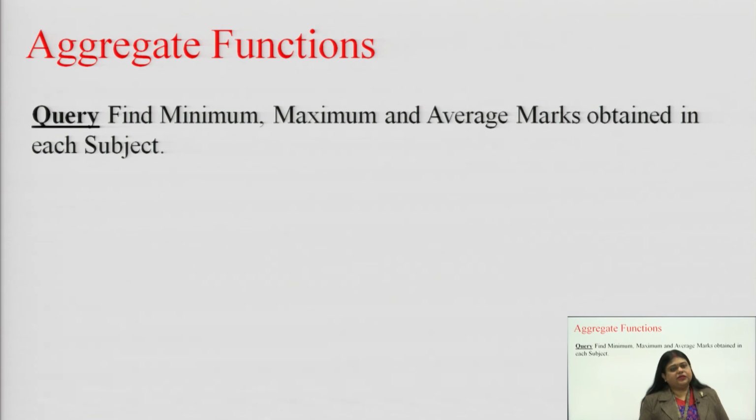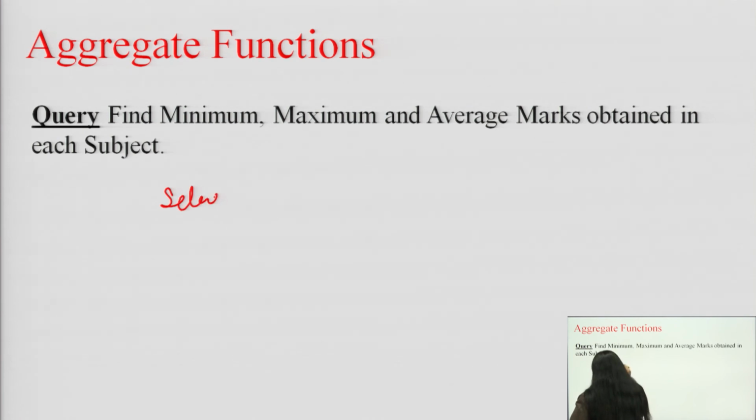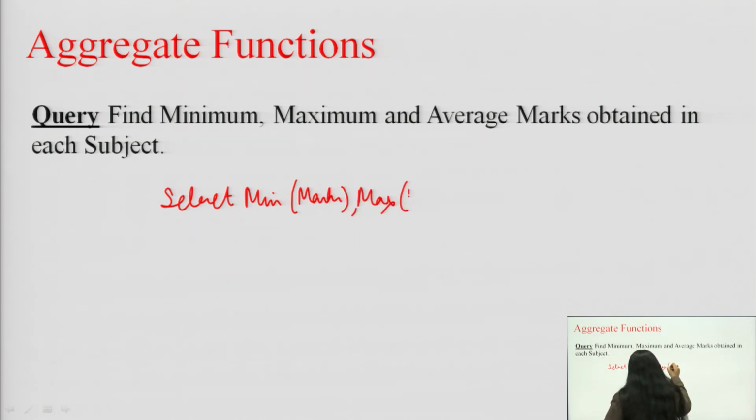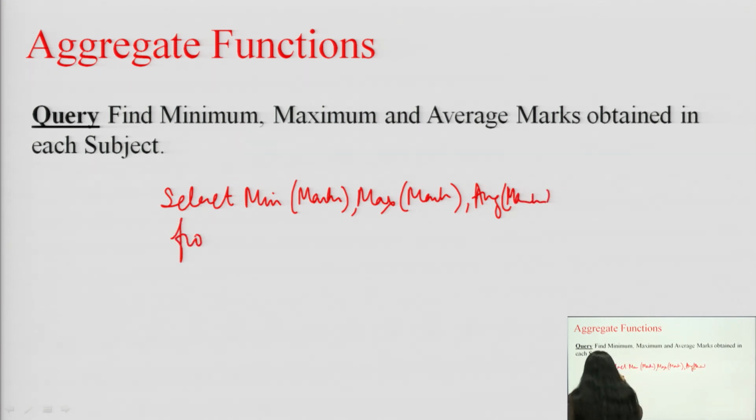This is the last query we will be doing, right, and this is about finding the minimum, the maximum and average marks obtained in each subject. Now, that was about every student, now this is about each subject. So, now we are going to use group by subject code, right. So, we write select min of marks, max of marks, average of marks from result, group by